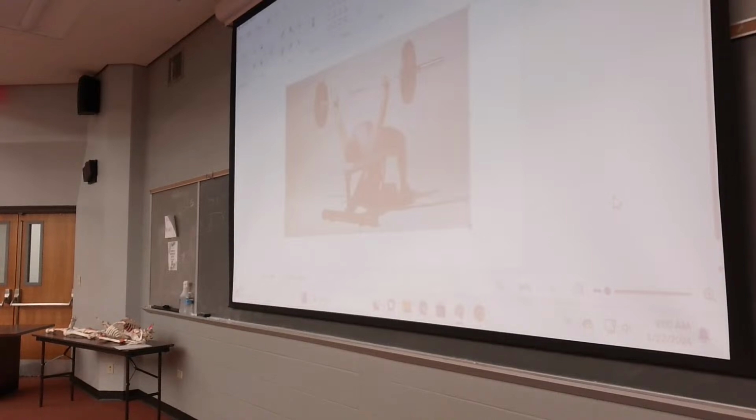What is the bar trying to do to my shoulders? It's rotational conversations. It's trying to horizontally abduct, or it's trying to extend, or it's trying to flex. And then it's, okay, well, what are my muscles trying to do at my joints? Well, my horizontal adductors are going to be pulling to try to horizontally adduct me, or my shoulder flexors are going to be trying to shoulder flex me, or my elbow extensors are going to be trying to elbow extend me.